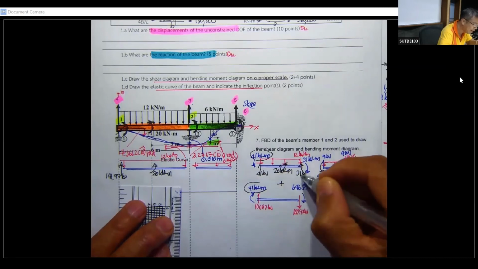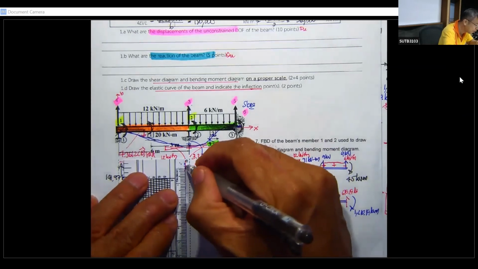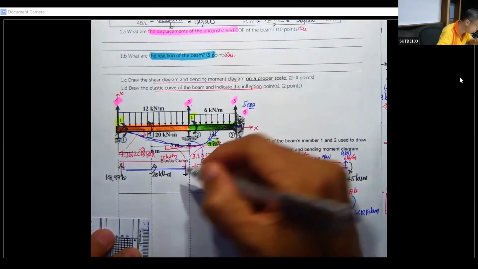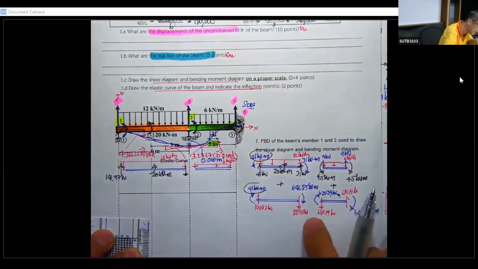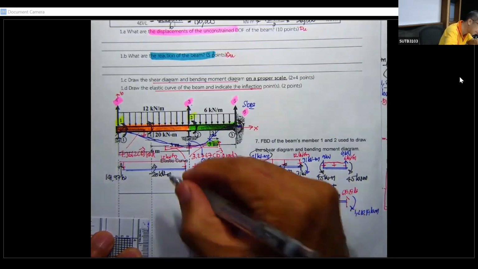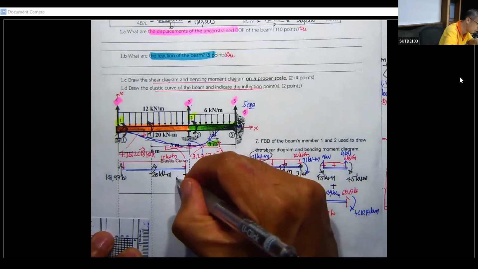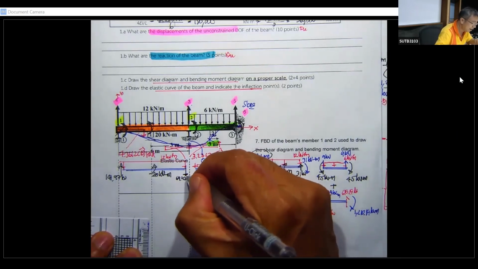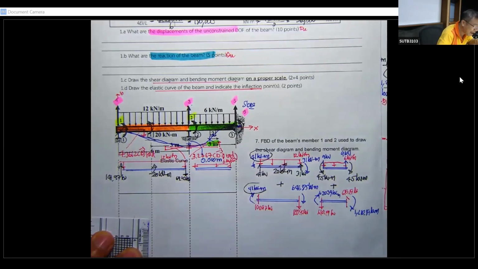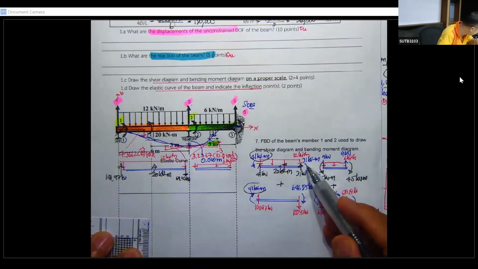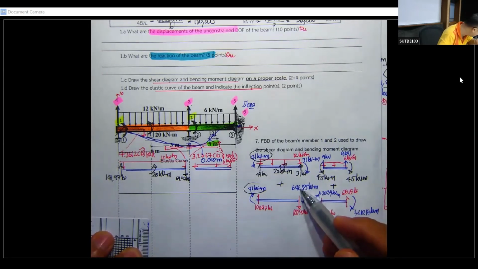Take this one minus 31, you will get this one to be 69.97 kilonewton. Now this one and this one go together. You combine this one by